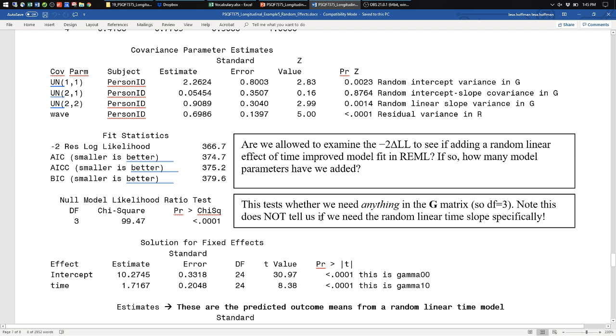How do we know if that new term helped? Here's my new term, UN22. Can I say it's significant by staring at this? No! 10 people in the world will yell at you, just in case one of them is your reviewers. No, likelihood ratio test. So we'll talk more about the details of that as well. All right. Cool, huh?